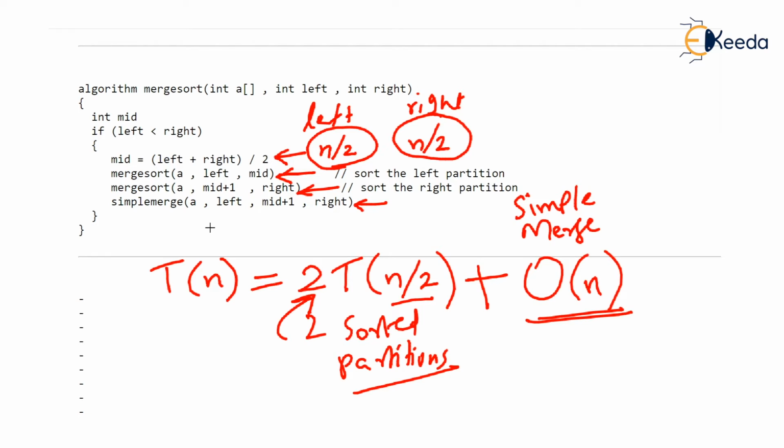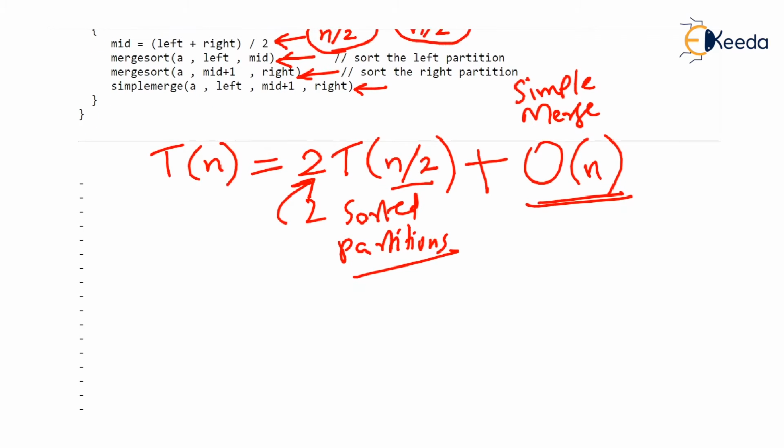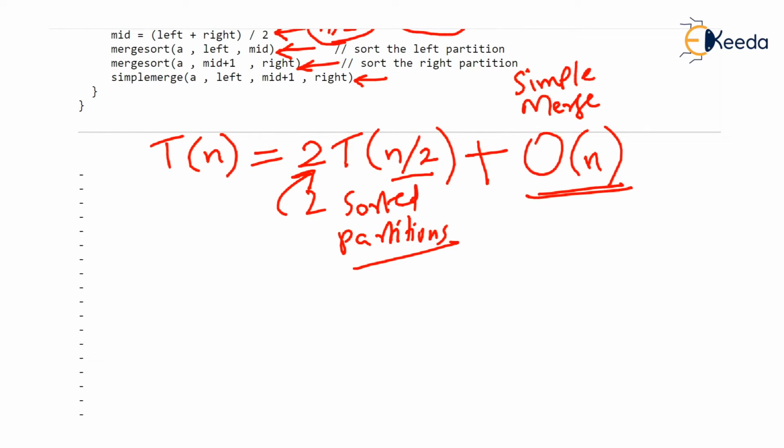It's very easy then, using Master's theorem, to prove that the time complexity of this is going to be n log n. Here we have a equal to 2 in this recurrence relation, b equal to 2, and we have n raised to k, and k is 1. After that, there was a term log raised to p of n to the base 2. This term is missing, so p is 0. So we have a equal to 2, b equal to 2, k equal to 1, and p equal to 0.